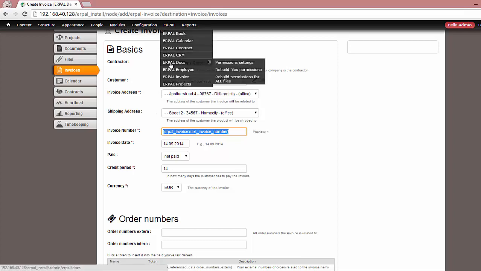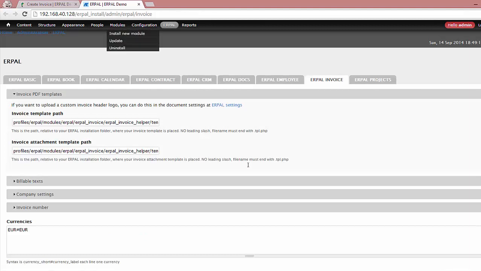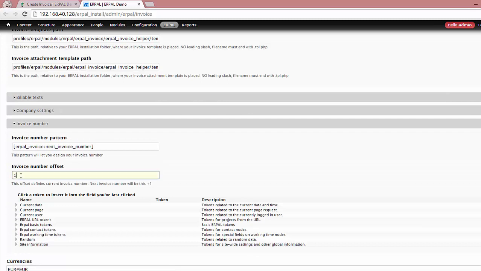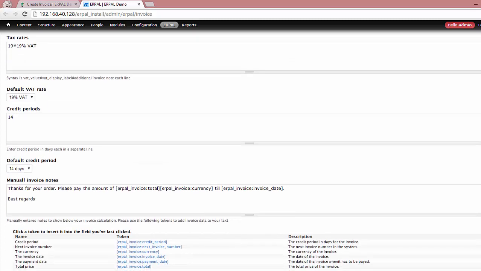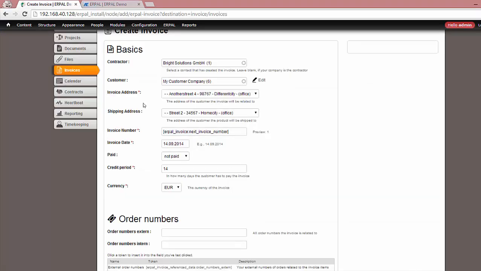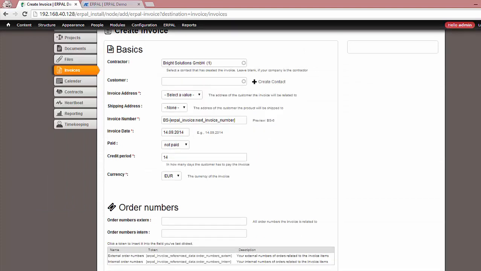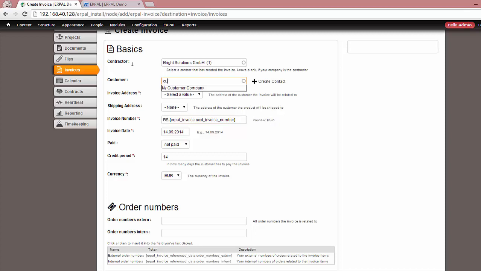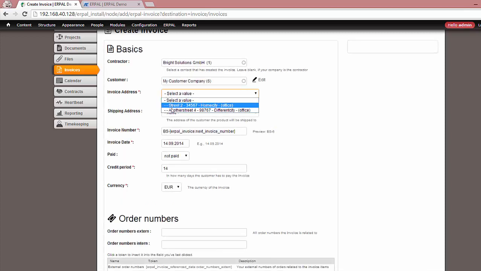I want to show you how to customize the invoice number because this is a pretty important question I'm asked quite often. Just go to invoice settings. Here you can change the offset and you can place a label or a prefix in front of your invoice number or even after your invoice number. You save this form, go back to the invoice, and if you access your invoice form again, you will see that the prefix was added to the invoice number and the offset was respected, as the next invoice number will be 6. So let's pick our customer again, select our